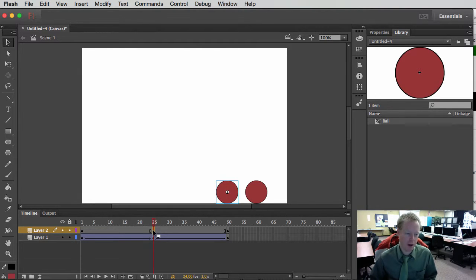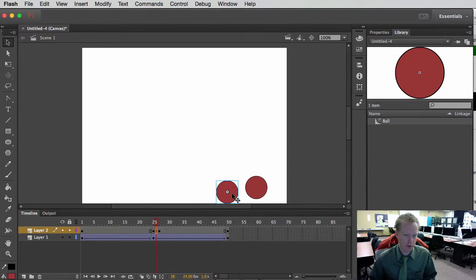But this time I need 3 keyframes here. And so while I'm on the keyframe that I just created, I'm going to select that keyframe and hit F6 2 more times. Now that I've got these 3 keyframes, the reason for that is I need one where it hits the ground, the next frame it's going to squash, and the next frame it's going to stretch as it comes back up. Okay, so I'm going to go to the middle keyframe,